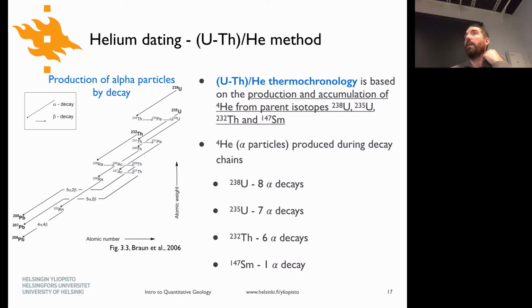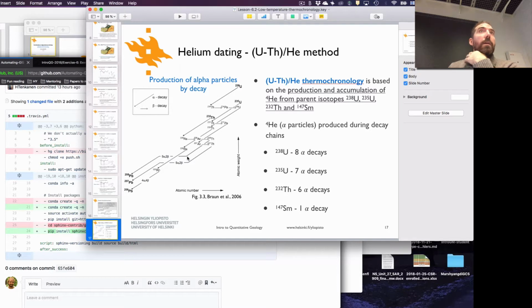the decay chain of uranium to produce alpha particles. In the case of this uranium, thorium, helium dating method, there are several ways in which alpha particles, which are the same thing as a helium nucleus, get produced. The decay of uranium-238 produces some, 235 produces some, thorium-232 produces some, and even samarium-147 produces a bit. It's often not considered because it's a pretty small contributor, but in some minerals, samarium actually makes a difference. Anyway, you can read about that and some other dating methods in the slides that will be up on the